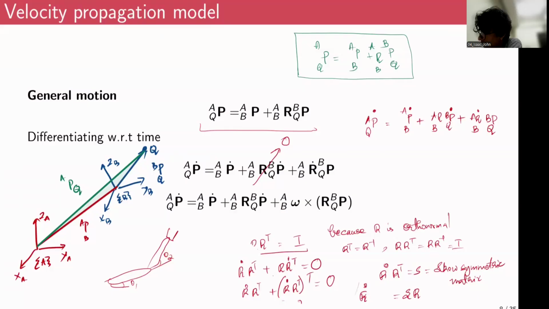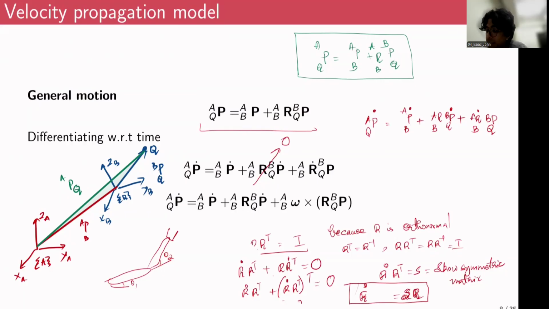So the expression for R dot is a skew symmetric matrix multiplied by the rotation matrix itself, right? And typically, this skew symmetric matrix is nothing but omega. You'll have to take my word for it because,